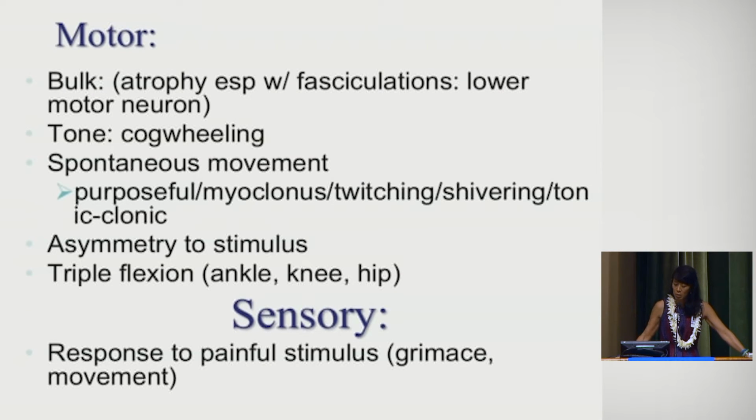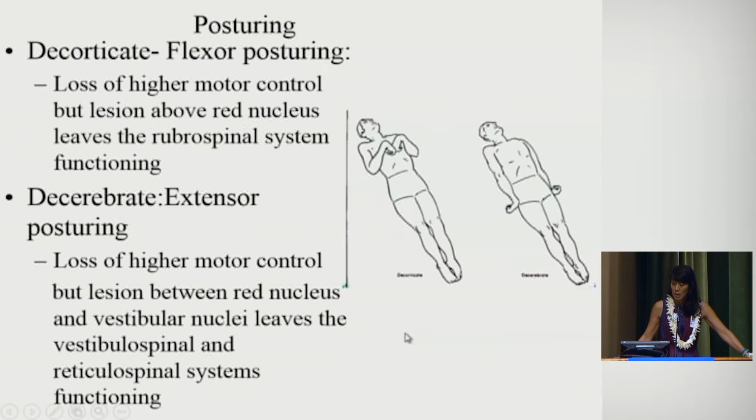And sensory, in the coma exam, we're doing painful stimulus, looking for grimacing, facial movement, and motor response. Now for motor response, we know that with decorticate posturing, when there's injury above the red nucleus, the patient will do this decorticate or flexor response, and decerebrate is downward, and that means the injury is between the midbrain, the red nucleus, and above the vestibular nucleus. It means that the patient is not brain dead, but it does mean that there's a lot of injury to